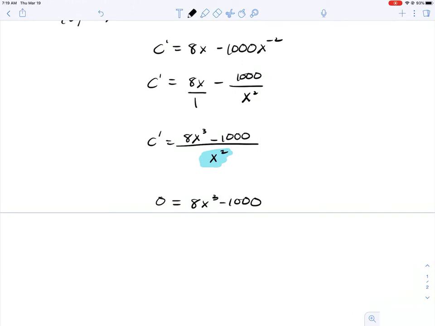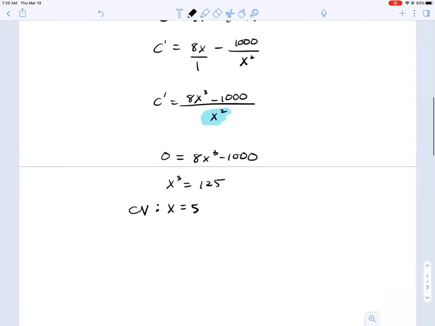So if we add 1000 and then divide by 8, we get x cubed equals 125. And then the cube root of 125 is 5. Okay, so 5 is on the interval for x strictly greater than 0, meaning that x will be our critical value. And because our optimization equation is defined on an open interval, this is where we'll use our analysis line